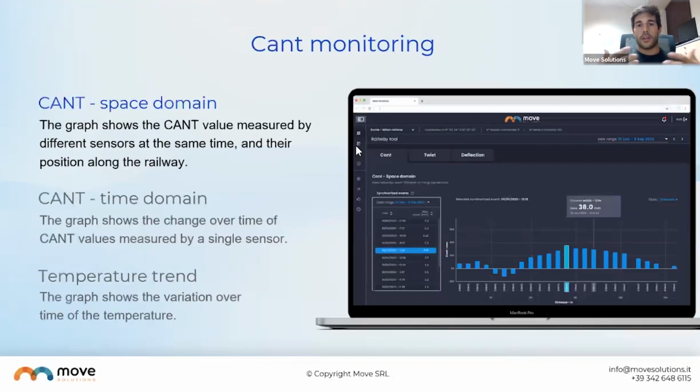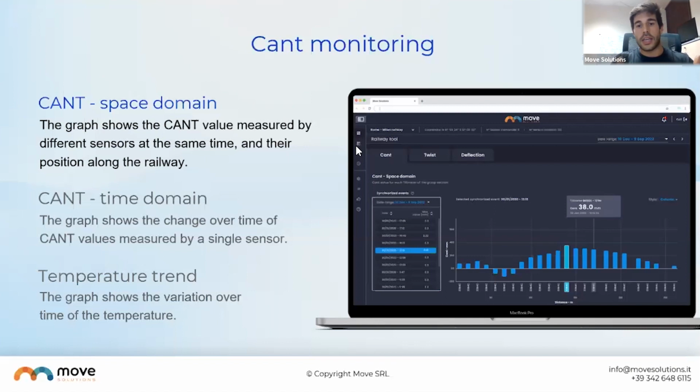So now let's go to Move Solutions' approach to the monitoring of those two parameters, and how we show those two parameters. For both of them, the approach is the same. We show two different graphs. And here's the reason. The first one is what we call the Cant in the space domain, or the Cant